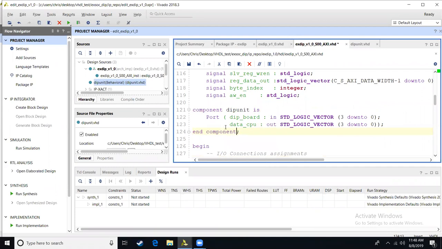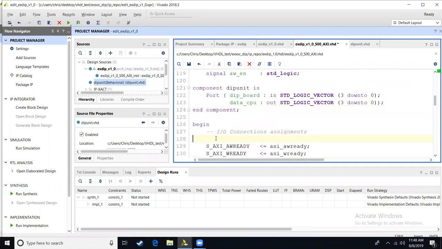All right, so we added the component, and I'll do the port mapping. The dip unit is going to be port map